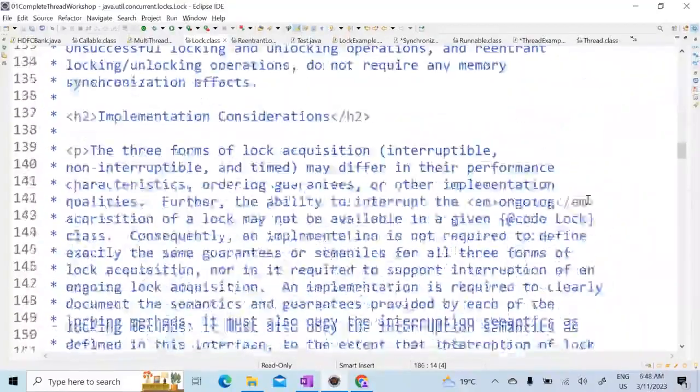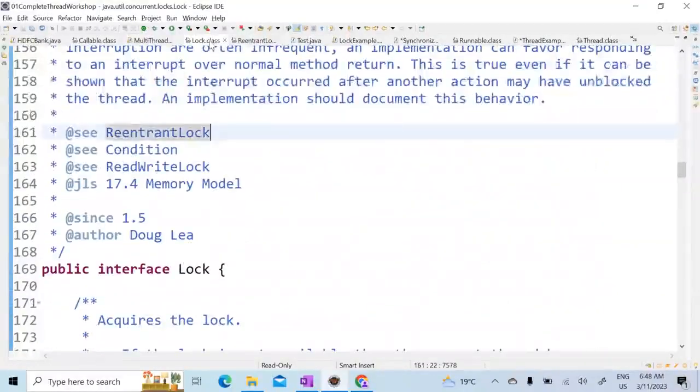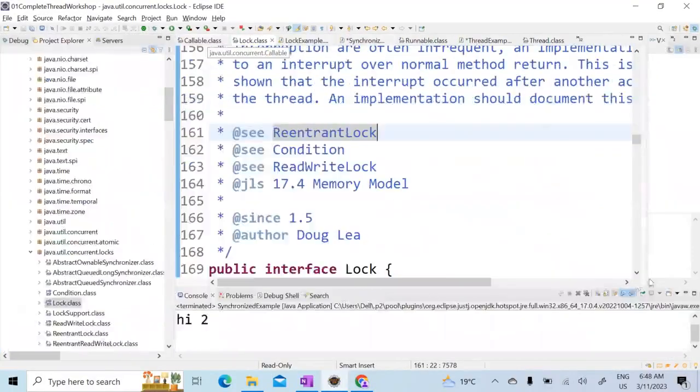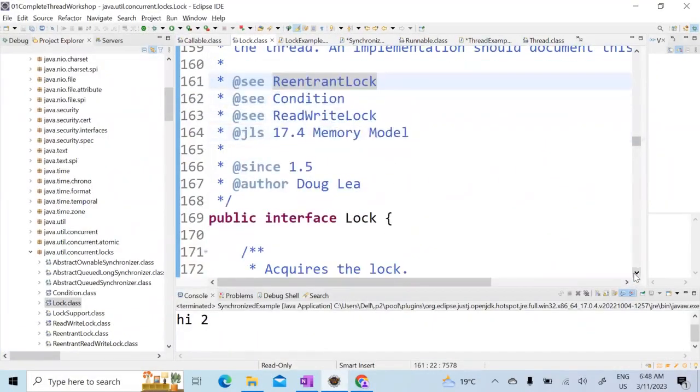Can I use this method directly? No, we cannot. Someone should have provided an implementation, correct? Yes. Now let us look here. See, it is present in the